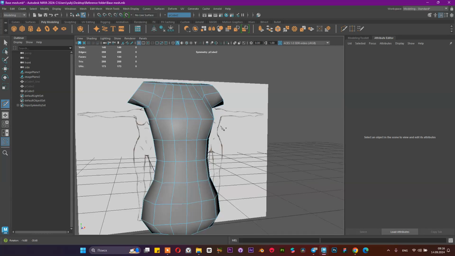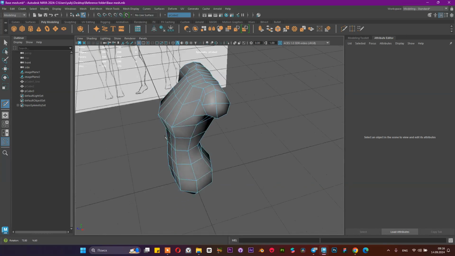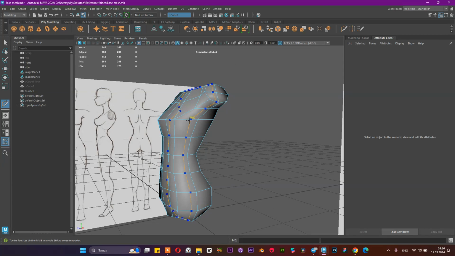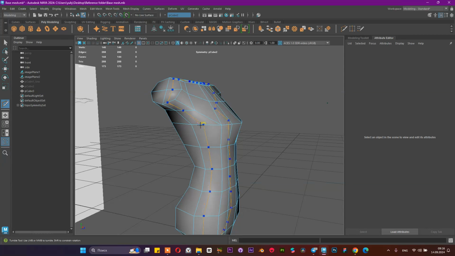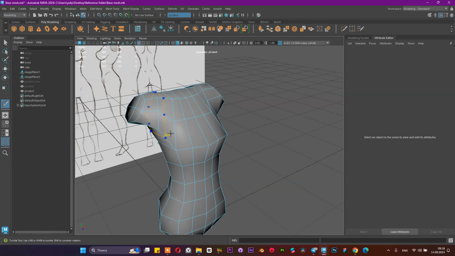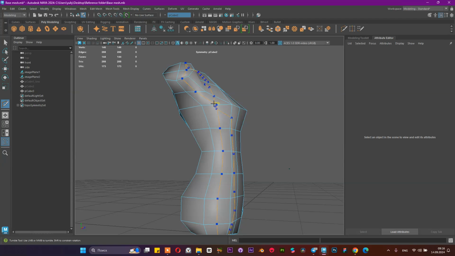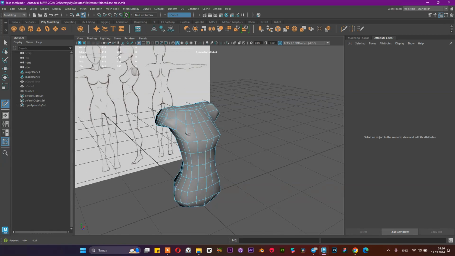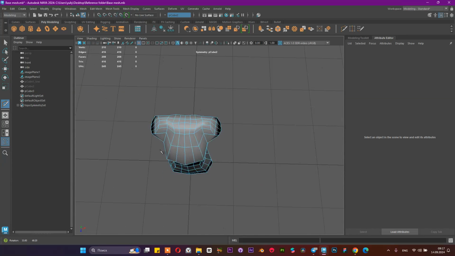This one is better for this situation, and maybe we can create some more edge loops here. Okay, let's create here and here by dividing at 50% by pressing Ctrl and Shift. Now we have this smooth topology. We have enough topology, but